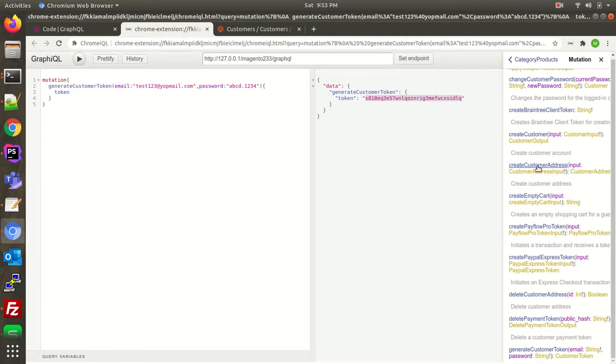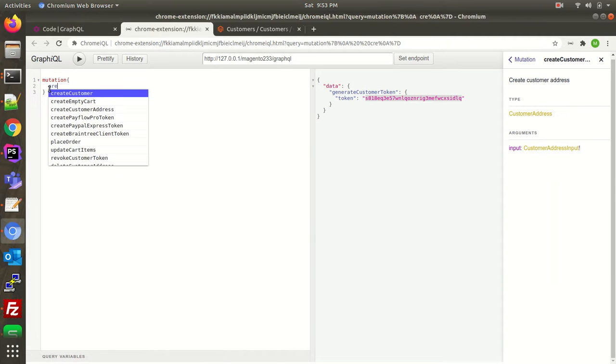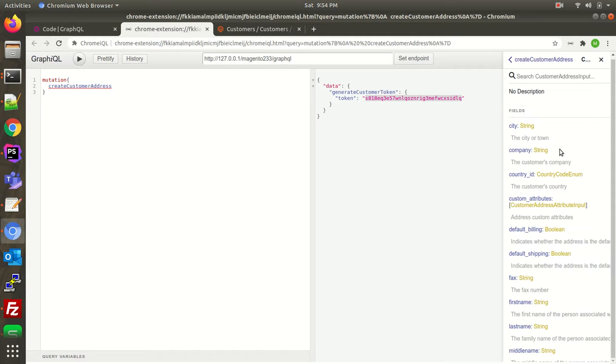See, if you click on create customer address, just write the same thing, create customer address. What is there in the input? Input is of type customer address input. Click on it, you will get so many things. So you can pass it over here. Just open the brackets. What is there?